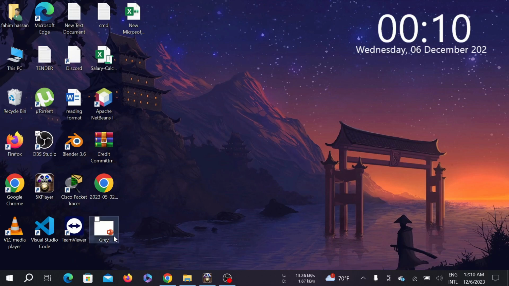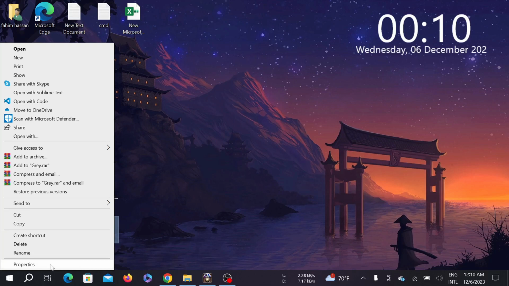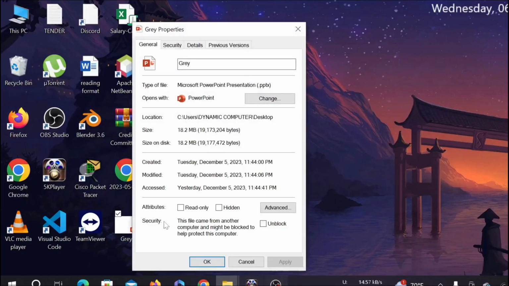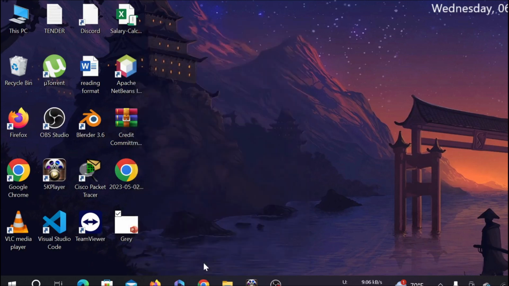So the first method is to right click the file that you cannot open. Right click it here and go to Properties, and here you can see Security. Just click this Unblock option and click Apply and then click OK. This is the fast way, and if this doesn't work, then the second way is